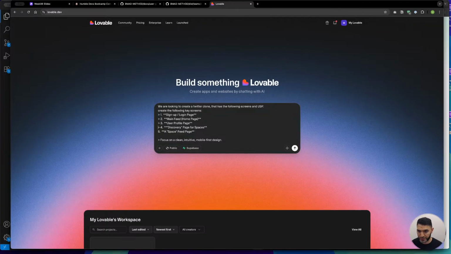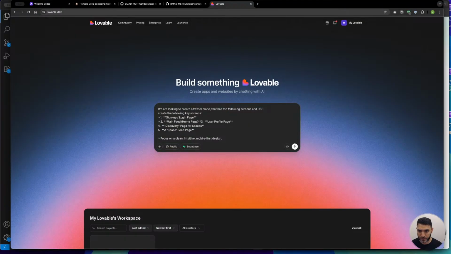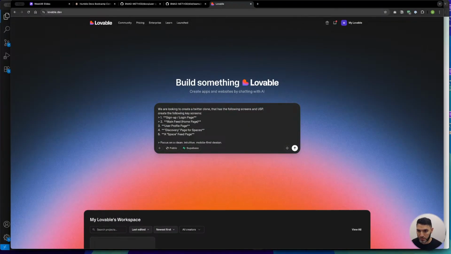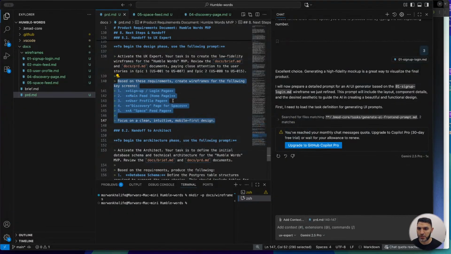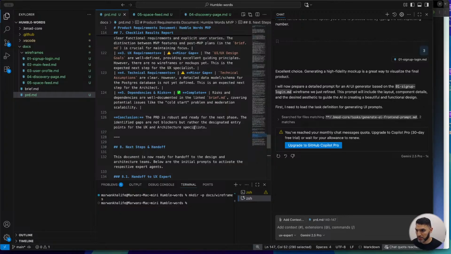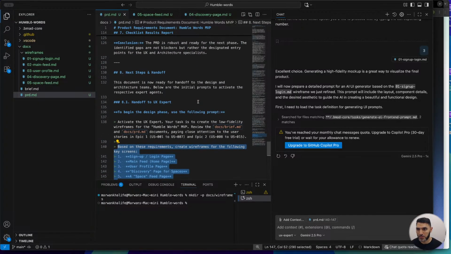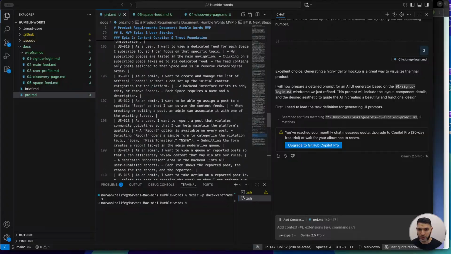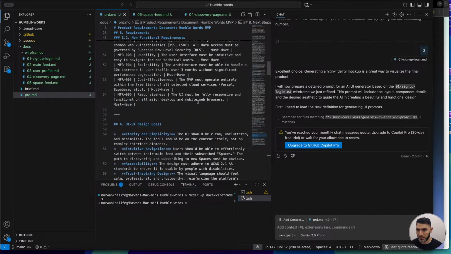I'm just gonna get rid of these very quickly. Sure. It can focus on clean and modern UI. What other information do we want to give it about our app? Okay, so we don't want the handover. We basically want the